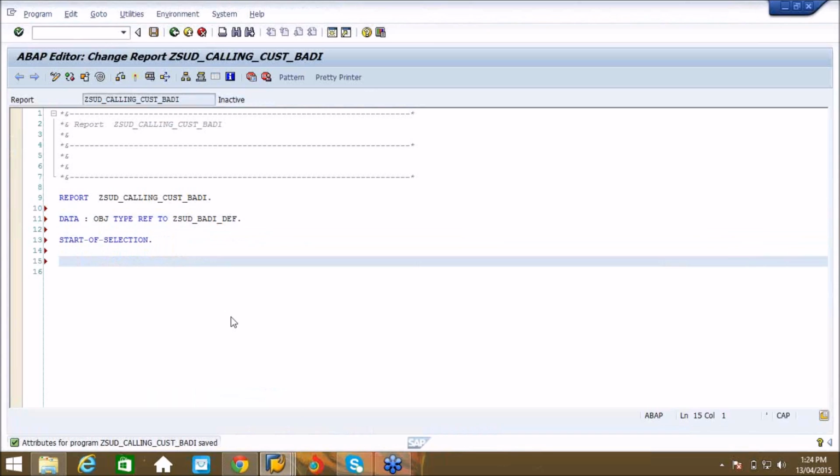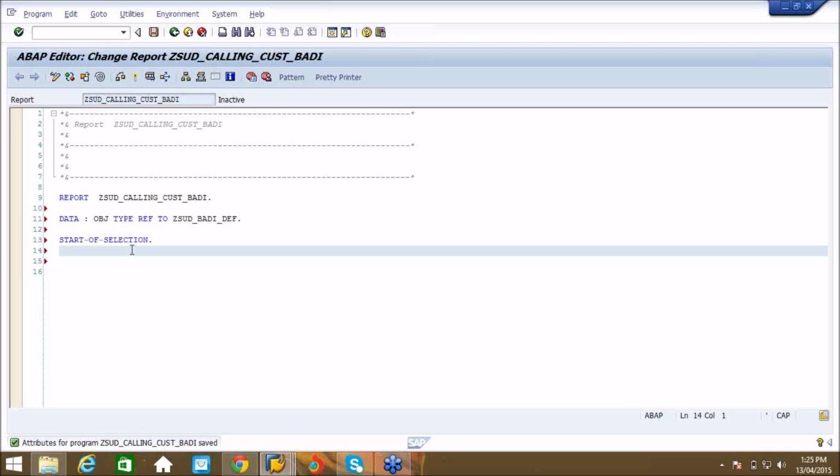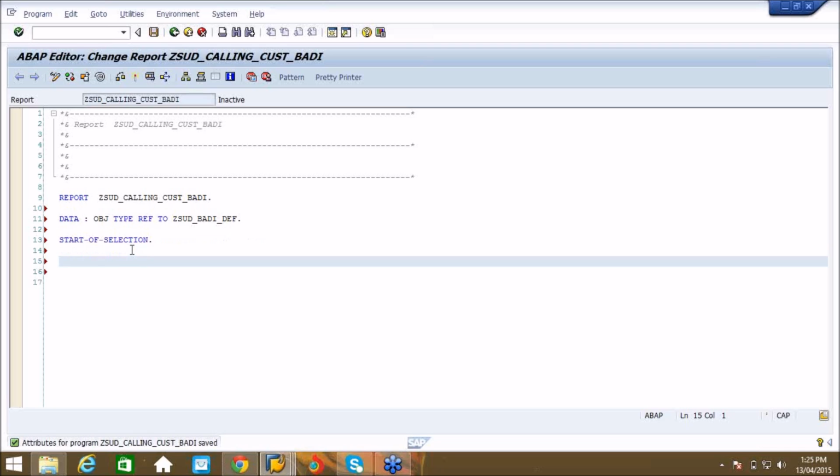Generally we would say create object obj, right? But here, this is not a class, this is a body definition. So to load the instance of this body definition, we have something called GET BADI obj.